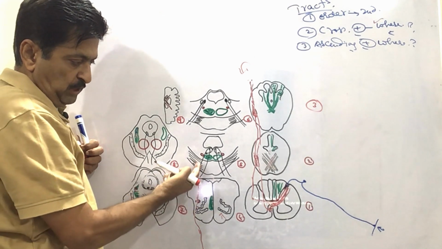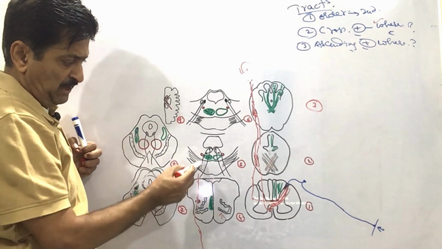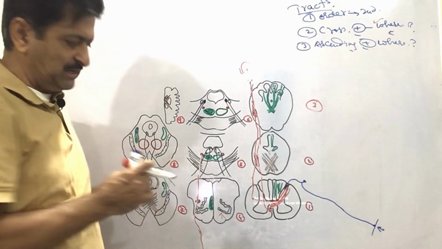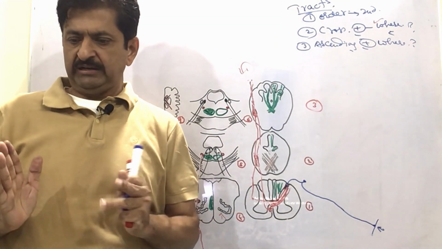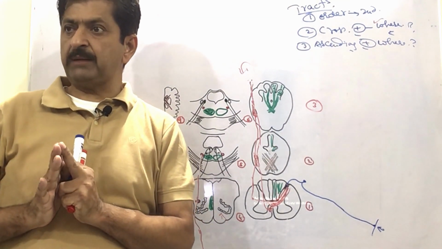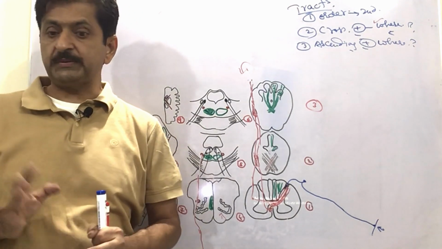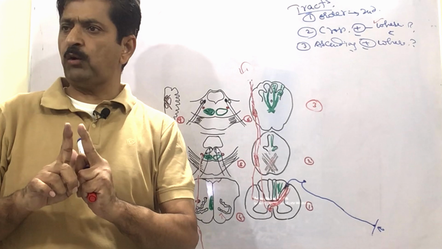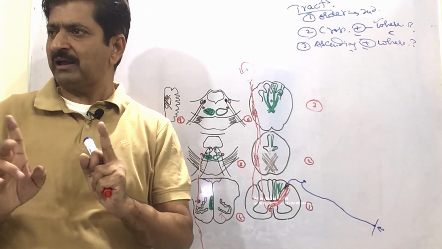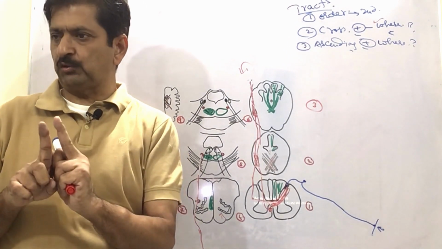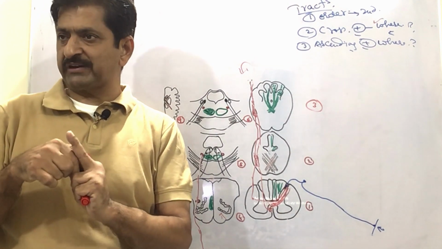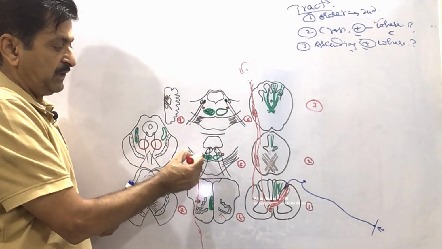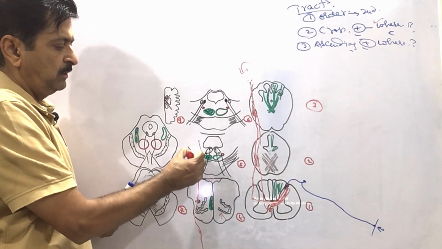Now I am coming more up here. Where are you? Lower pons. By that time, you see that the lateral and anterior tracts are so close that you can say, especially in the lower pons, that they are qualified to be called lemniscus, because they are so close, and intervening between them there is spinotectal also. So at this time what can you call them? Spinal lemniscus. Okay, and the spinal lemniscus is going here.